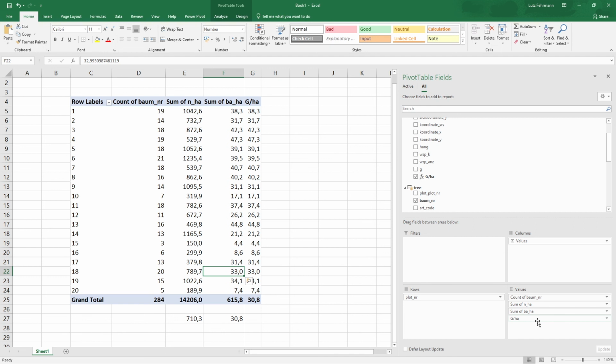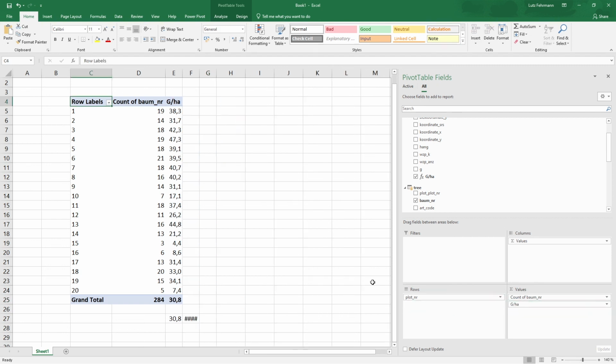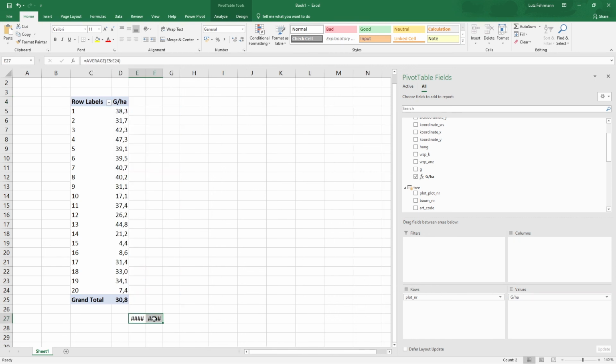So I drag and drop this also here into my values field, and you see that the values on the single plot level are exactly the same as the ones we have calculated before, but down here, instead of a sum, we now have an average, and this is exactly the average that we can also calculate over these plot observations. So what we now have is already the final result that we like to have. It is now just an estimate of a mean and not of a variance or a standard error, but you can imagine that this can be computed in similar ways.